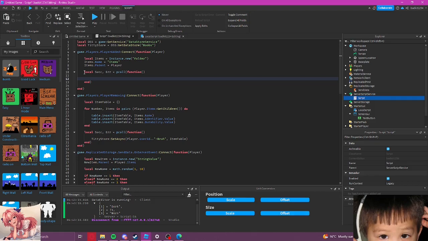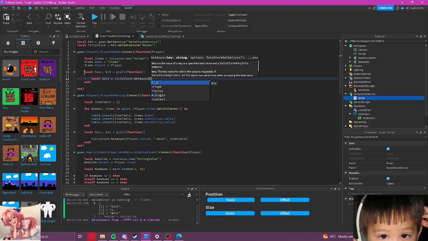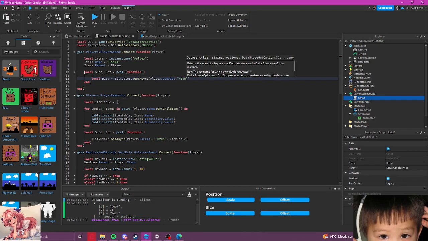And now we can just say local data equals data store get async, and what did we name our thing? We named it player dot user ID, with our little thing right there. All right.